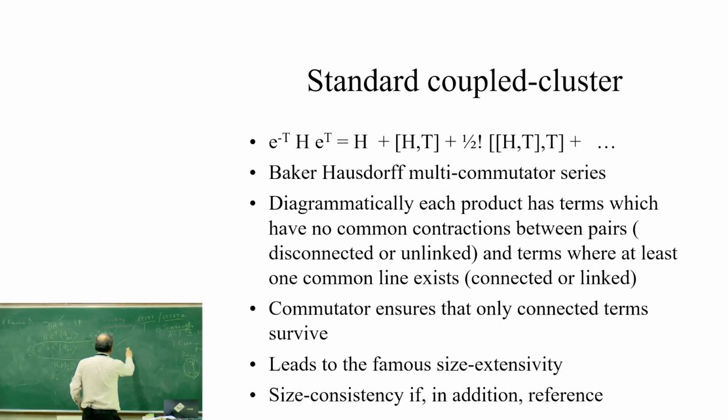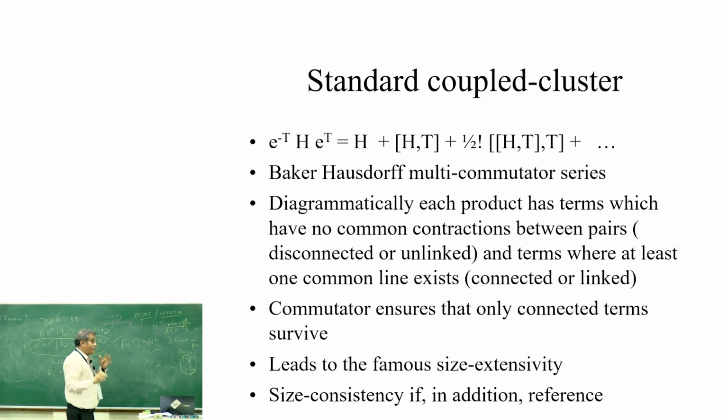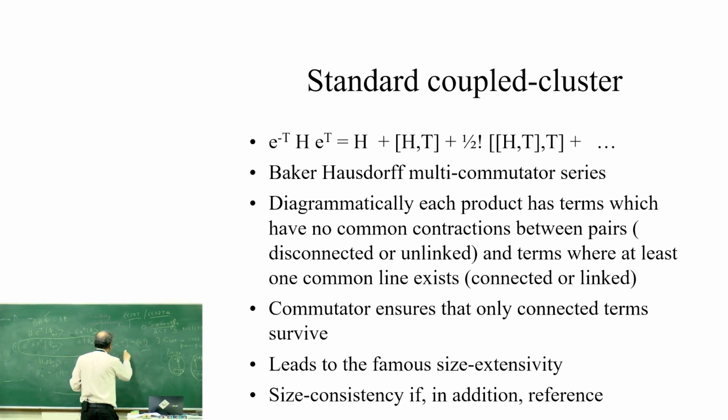In the Baker-Hausdorff expansion, I can write HT, in diagrammatics, as HT connected. That means draw all diagrams where H and T are connected. So similarly, HTT is all diagrams where H, T and then T connected, T square connected, and so on. So if you use this series, you can get the whole thing is nothing but H exponential T connected. So it's a connected diagram. Its energy is proportional to N.